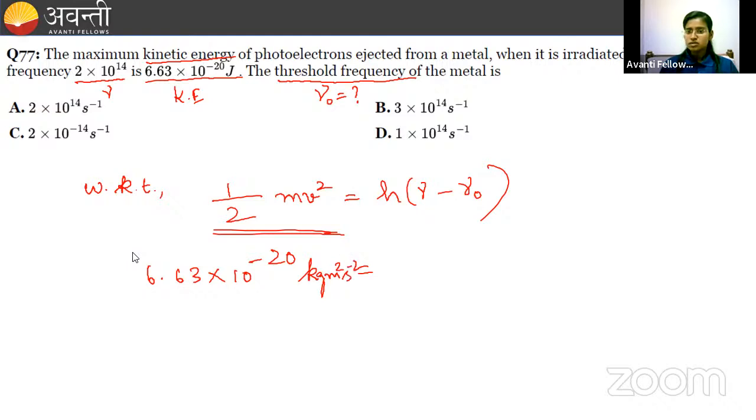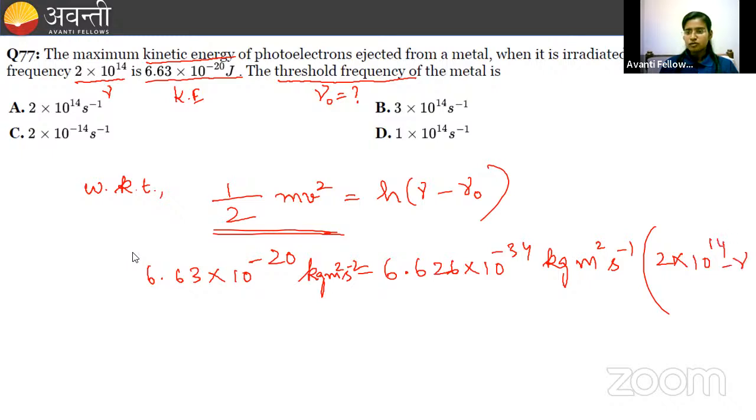And h is Planck's constant, 6.626 × 10^-34 kg m² per second. And the ν value is 2 × 10^14 minus ν₀. So here 6.626 can be approximated to 6.63 and we can cancel it. And here 10^-20 will go away and the remaining 10^-14 will be there. So we have 1 × 10^-14